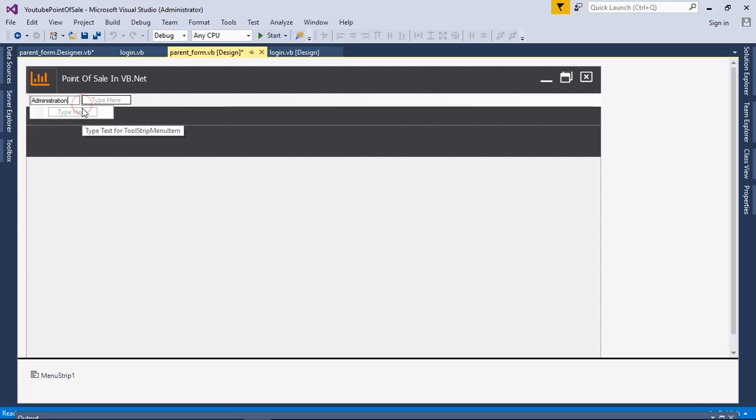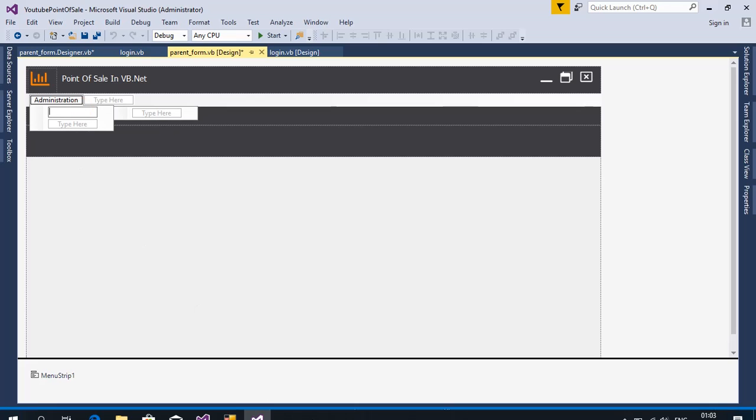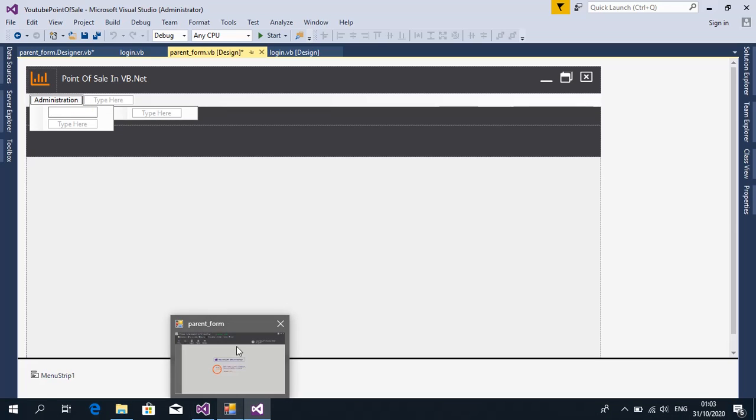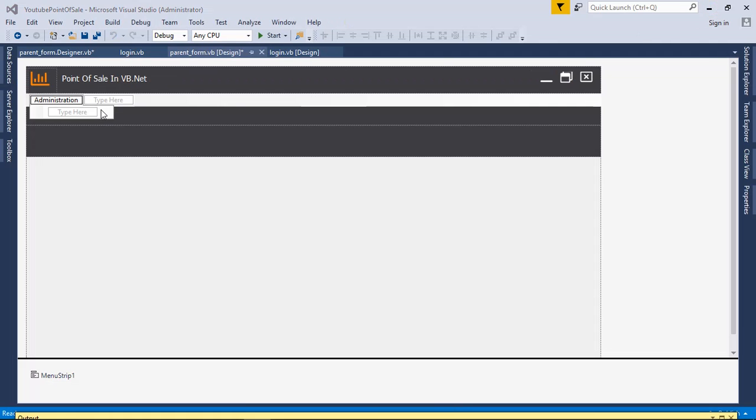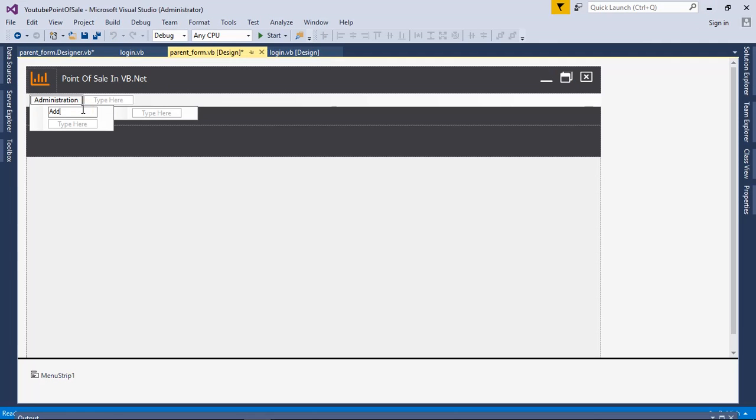But from that administration, what we have to do is put exactly what is on the administration. So we have add new, manage administrators, create a new account, right? So add new here, manage administrators, right here, administrators, and right next here we have to create account